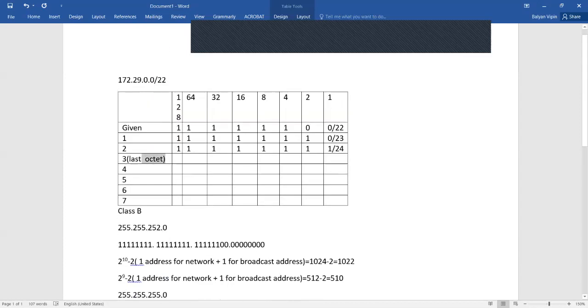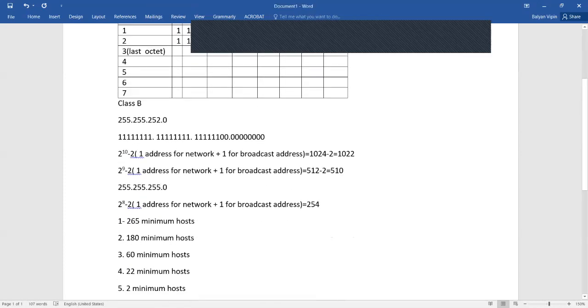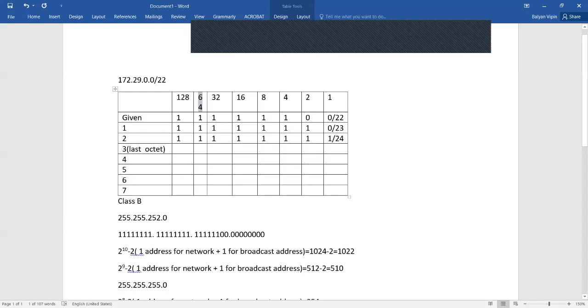The reason is that we already used 24 bits here, you can say we already used 255.255.255. Now for this one, we require 60 minimum hosts. Let me make it in a way that it's clearer.